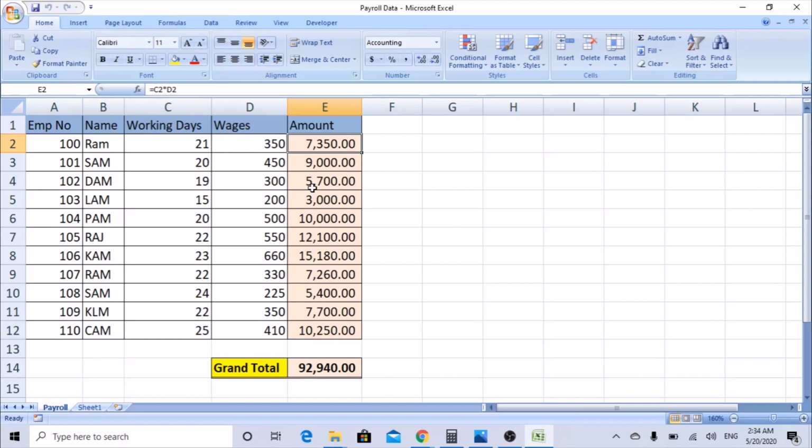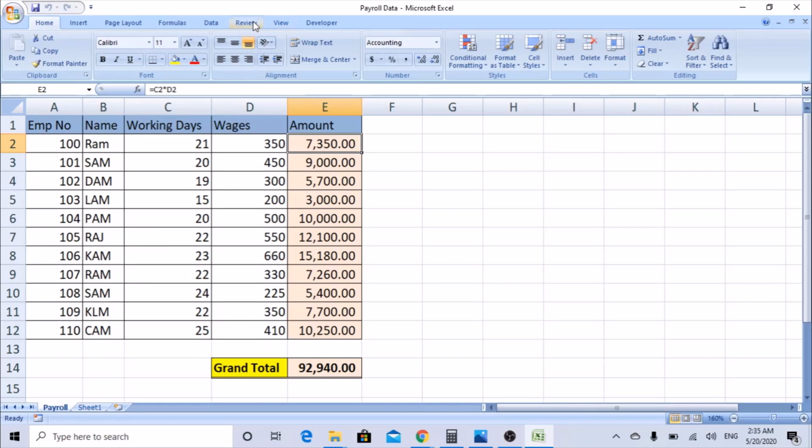Now you can see, this file can be opened only by the person who has the password. So it's very safe, so that nobody can see the file unless it is the authorized person who has the password. Let's say we have a workbook. I don't want to protect the workbook, but I want to protect a particular sheet. Let's say we need to protect only the payroll sheet. I don't want to protect the workbook.